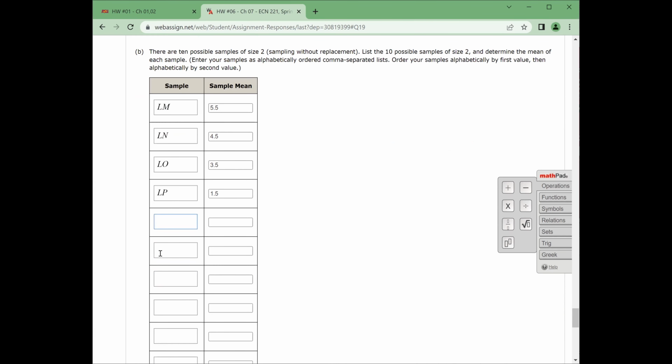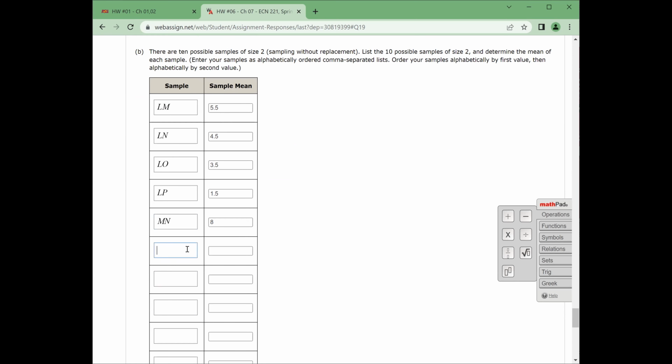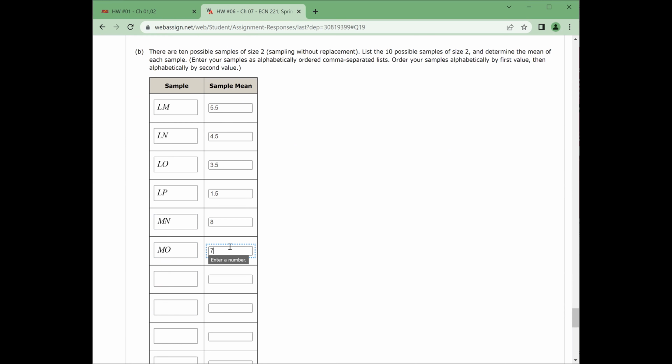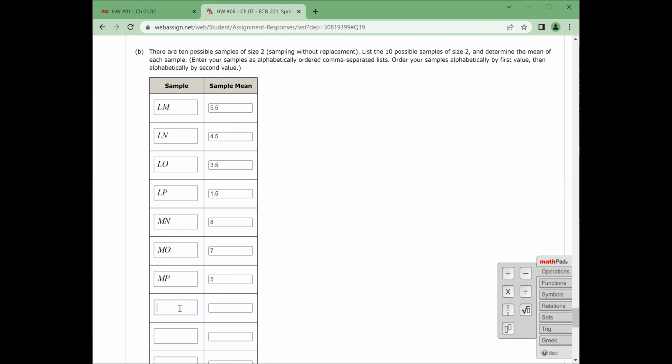down this list here. So the next one is the second letter M with N. So that's 9 plus 7, 16 divided by 2 is 8. And then it's M and O, just going down the list there. That's 9 and 5. That's 14 divided by 2 is 7. And then it's M and P. 9 and 1 is 5. And then